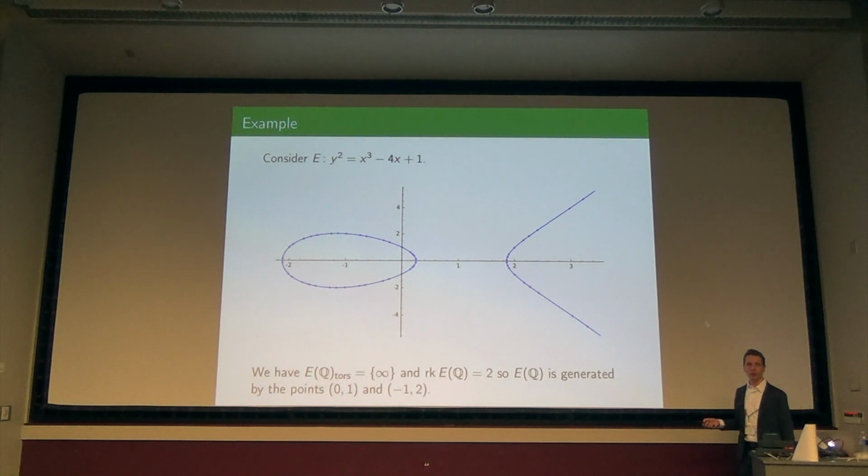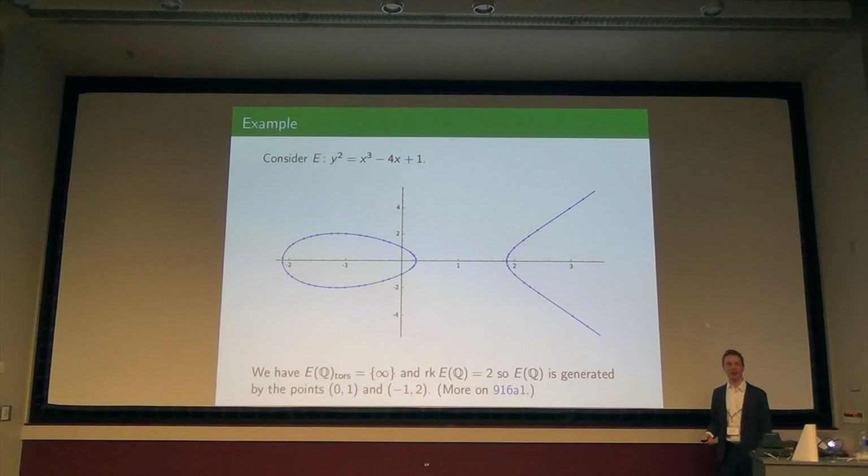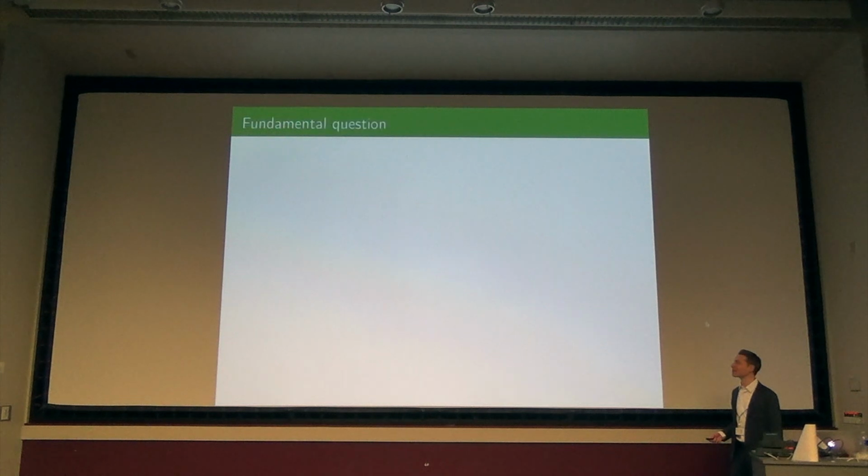Okay, and that was the hypnosis that I induced in you earlier with the lines that go across. That was supposed to be a description of how you generate all of the points on this rank 2 elliptic curve. And actually, I picked rank 2 because I didn't want the reader to be hung up on doubling as opposed to just adding 2 points separately. But I hope that's okay. All right. I'm going to skip more information about this particular example because I want to get to my heuristic.